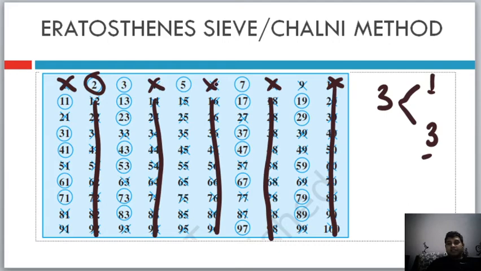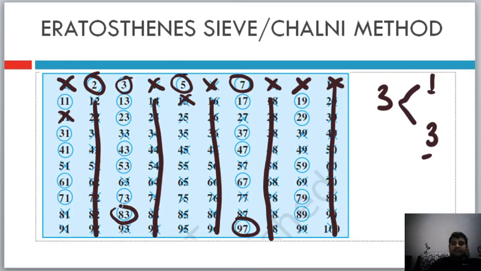So 3 2s are 6, 6 is already struck, so we have killed it. 3 3s are 9, so now we will do 9. Similarly we'll do 15, 18 we have already done, 21, so on and so forth. So basically you start by striking out, and then whatever is the next number which is remaining, you just check it for factors, and in the end, doing this repeatedly, you will be able to sieve out all the prime numbers. So do it as an exercise. I'm not going to run this, it's rather mundane. थोड़ा boring process है, but I think अगर आप पहली बार कर रहे हैं तो you should practice it well.